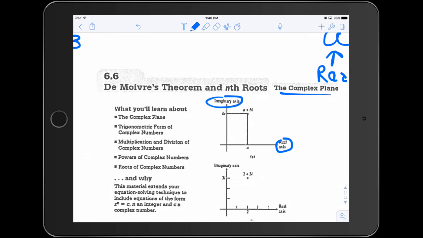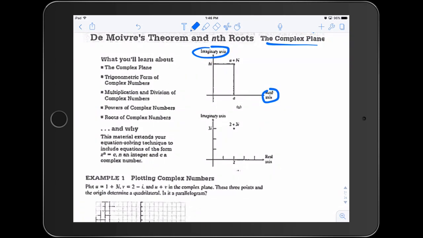So rather than doing something as general as that top one, let's just talk about this one right here. Notice here we have that real axis and an imaginary axis, and we have the number 2 plus 3i. So notice that we went over 2 and then up 3 to 3i, and that right there is where we would plot that point. I'm going to erase that so it's not in the way,